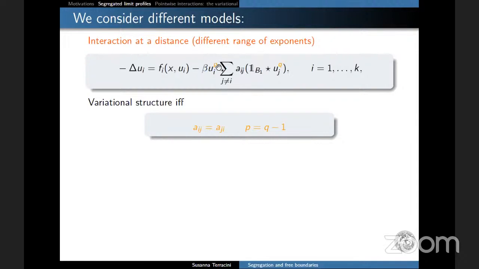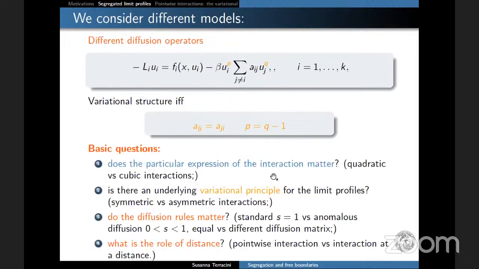So the interaction, the competition, takes place at a distance. For example, a shooting distance, just to say. And again, this class of problem may have a variational structure in some particular case. Okay. And the last problem I will discuss tonight is the case where the